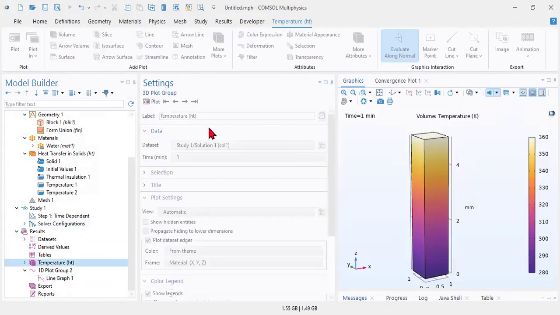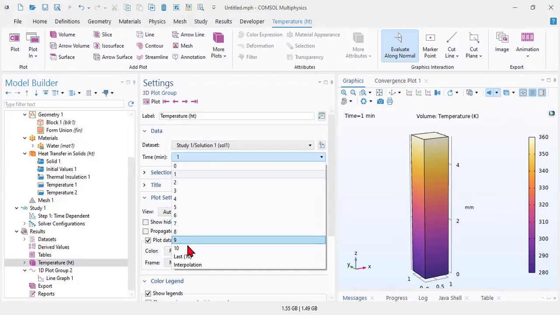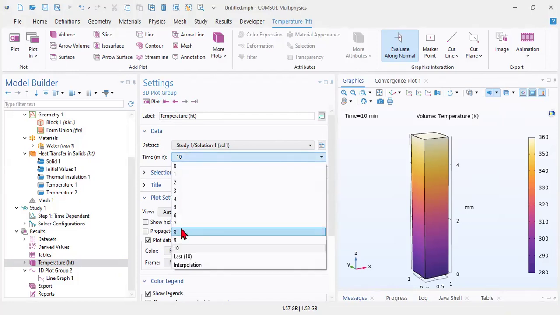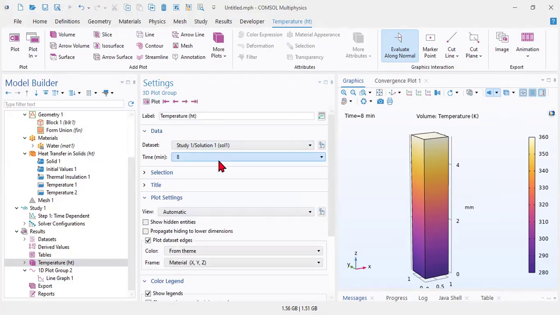So from temperature, after 10 minutes, what has happened? The distribution, the temperature, it gets saturated. I understand the thing, it gets saturated. So when the time is 0, and after 1 minute,